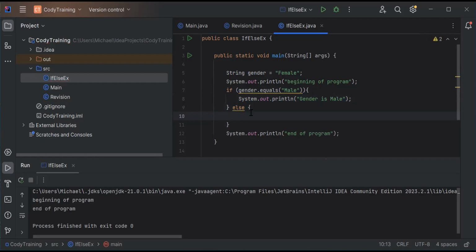As you can see, this else block is optional. I can simply use only the if block depending on the logic I want to execute. Here, I will use else block and I will say